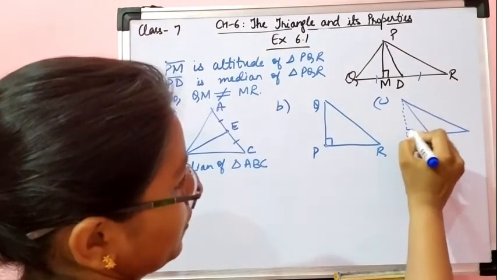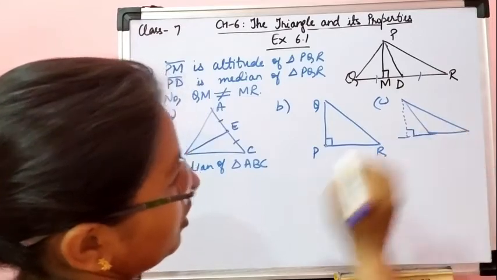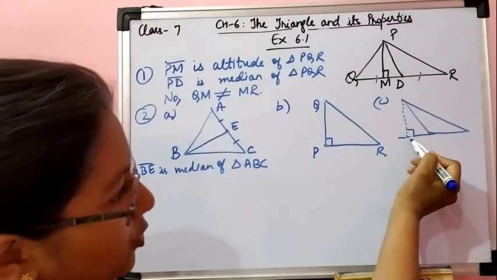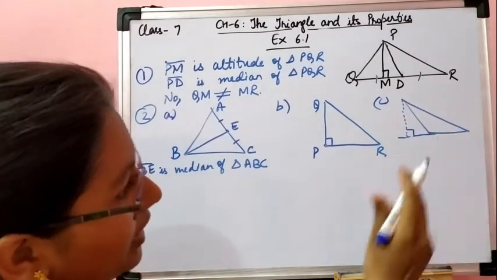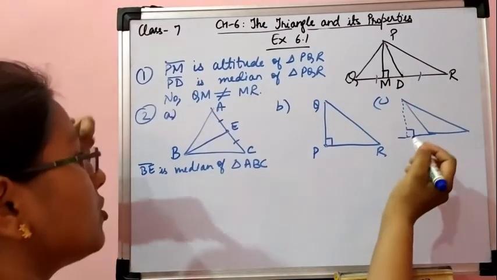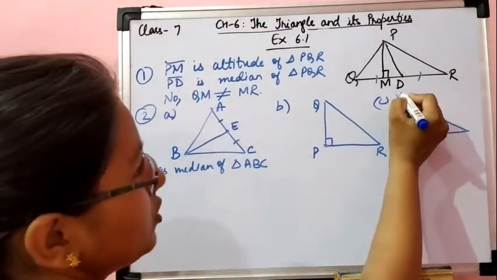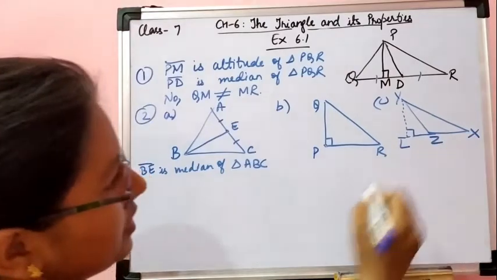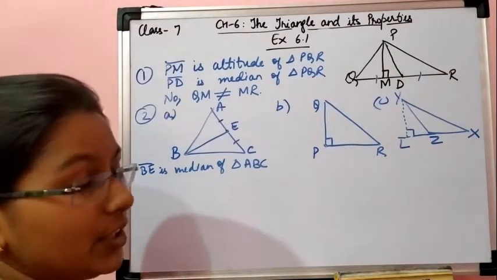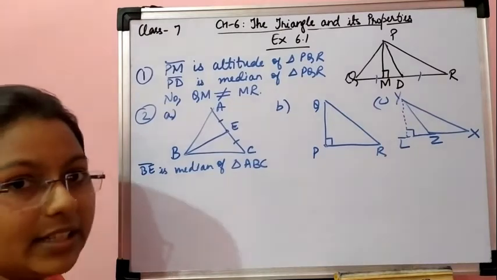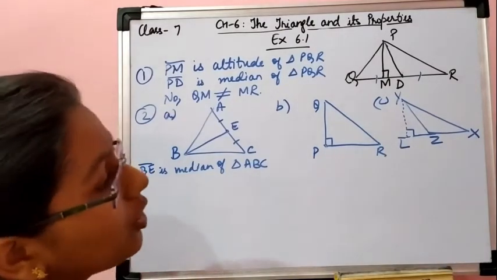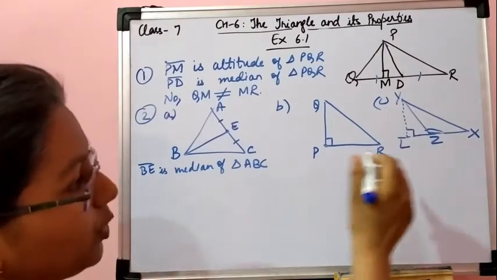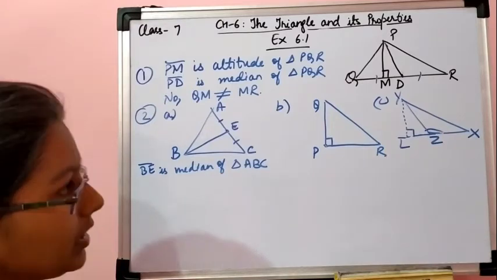Let's draw the altitude first. Okay. Now this is the altitude in the exterior. Altitude from vertex to opposite side. अगर मैं इसके अंदर बनाती हूँ तो यहाँ कहीं 90 डिग्री बनना पॉसिबल है ही नहीं. So in this case altitude will come outside. So this should be Y, this should be L, and we can write X, Y, Z here. Okay. Keep it in your mind that whenever you have to draw any altitude outside the triangle or in the exterior of the triangle, then that triangle should be an obtuse angle triangle. In obtuse angle triangle only we can draw the altitude on its exterior.